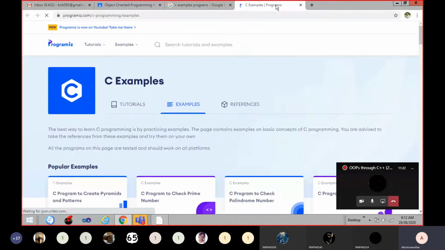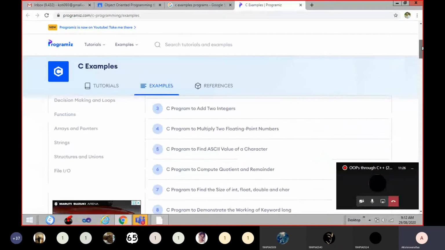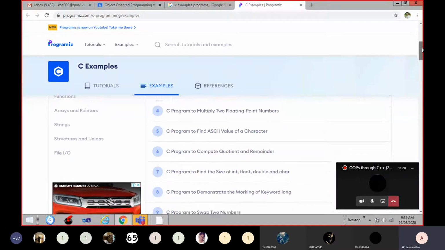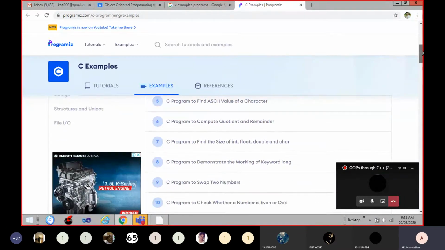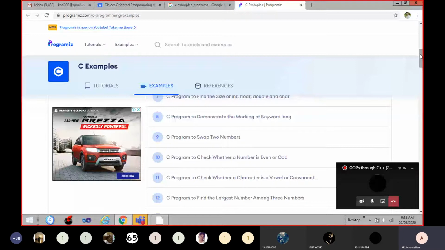As a beginner, first we will take a small program, not too small, but a medium sized program. And after that, we will go for a somewhat large program.